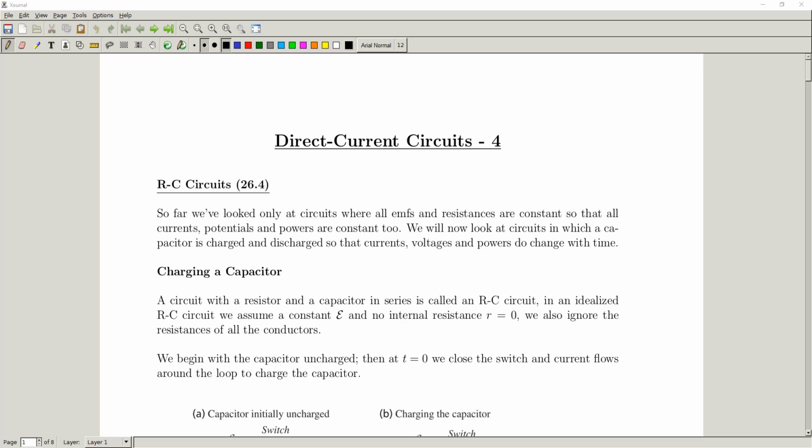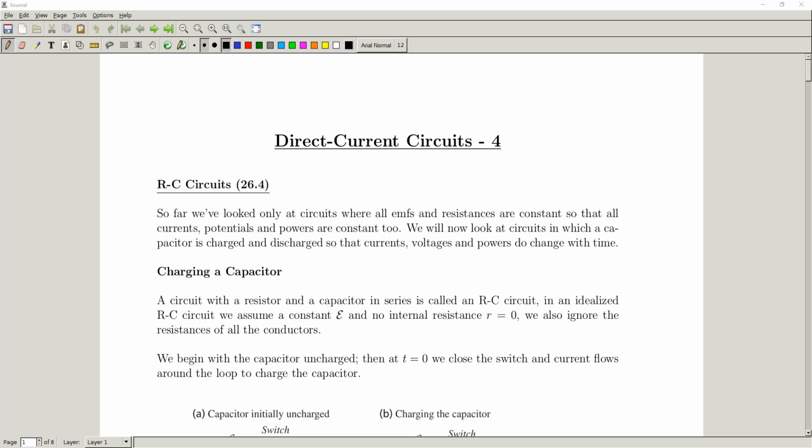Okay, this is going to be our fourth video in our DC circuit series. This is also going to be our last video in our DC circuit series. I know that the textbook goes on in section 26.5 to discuss power distribution systems. We're not going to be looking at that section in this course, so this will be our last section for